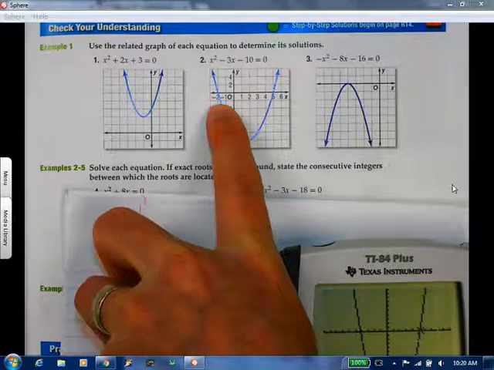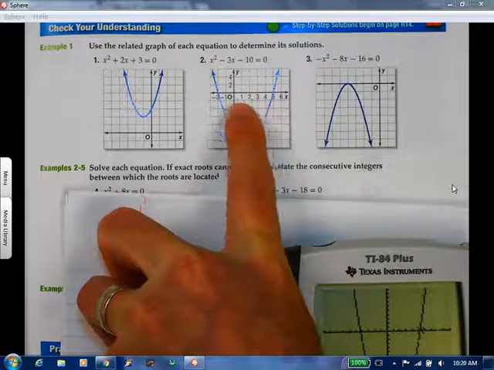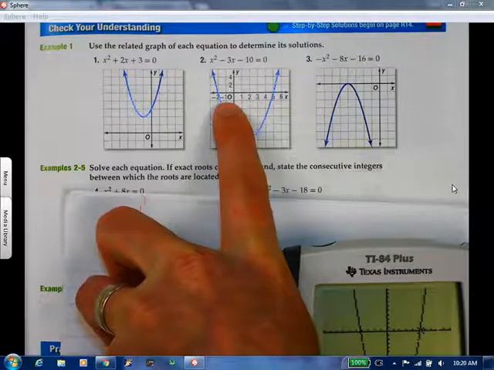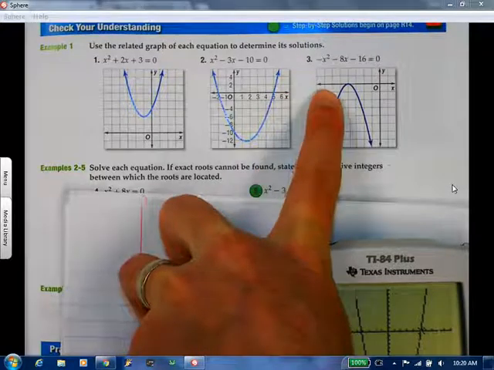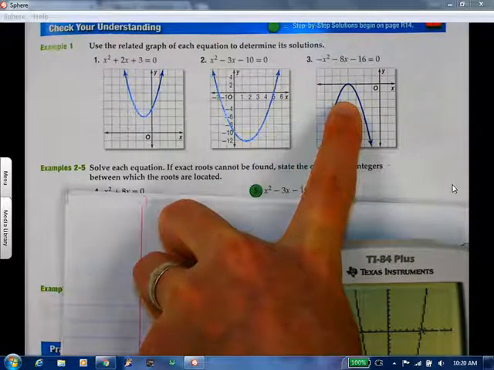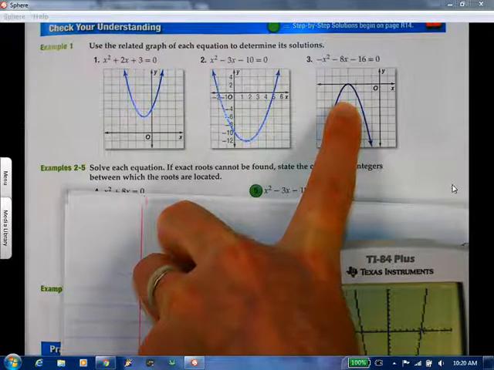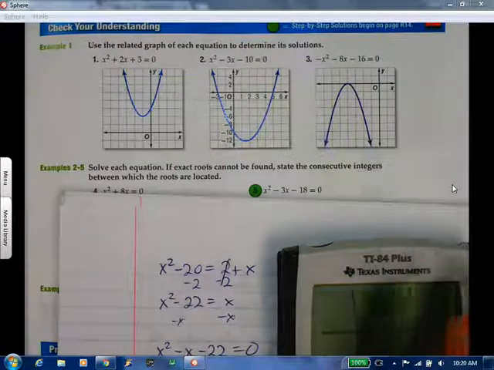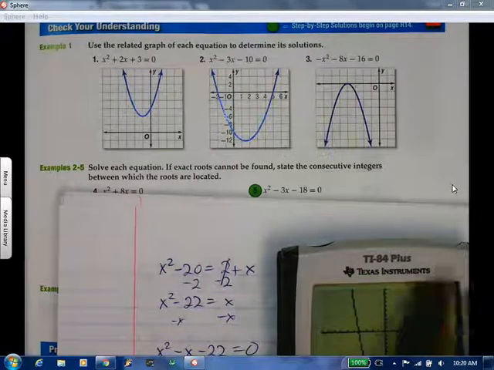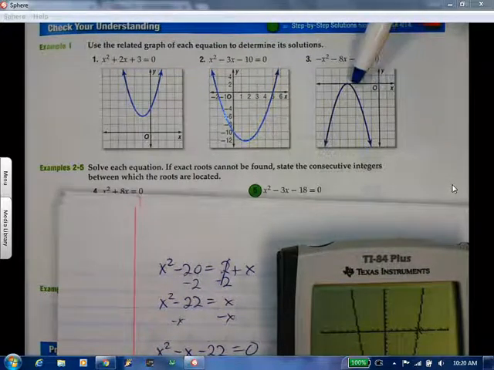what are the 2 roots here? 5 and negative 2. Yep. 5 and negative 2. This one just has 1, and it's at negative 4. Okay, so you just say x equals negative 4. All right. 1, 2, 3, 4. Yeah. Okay,